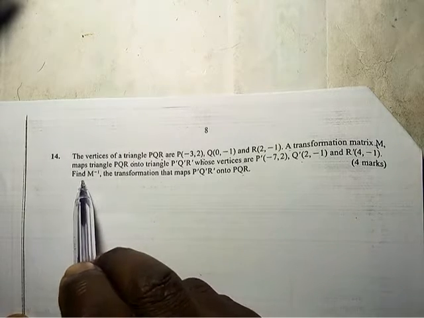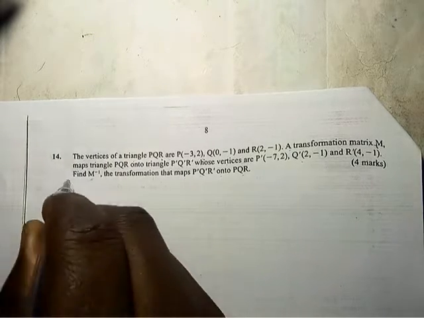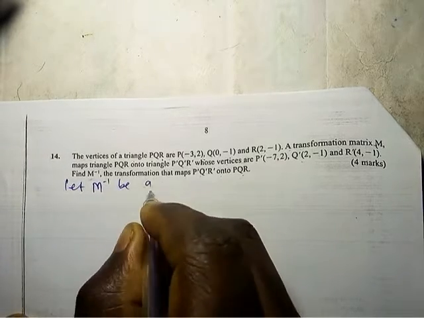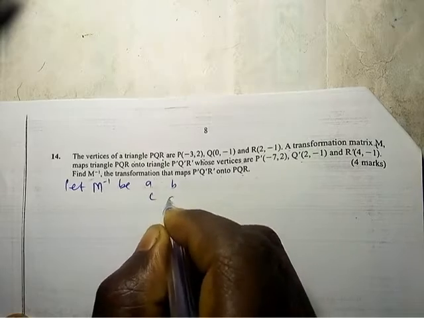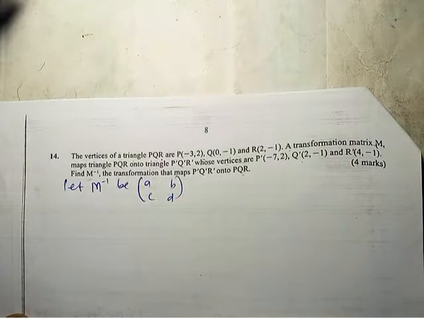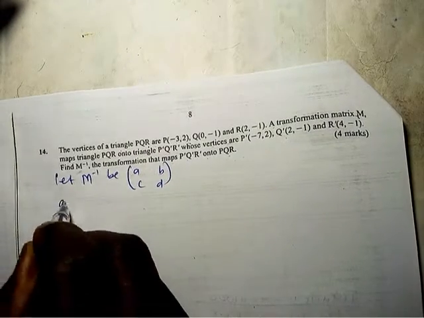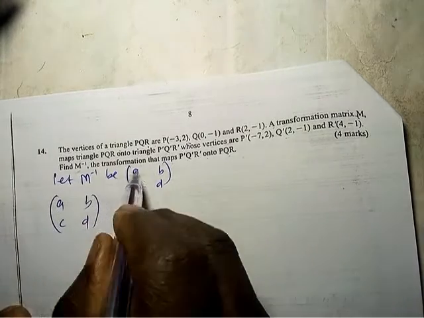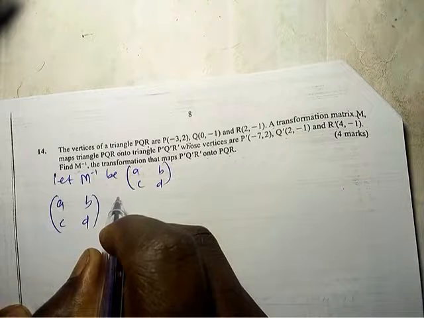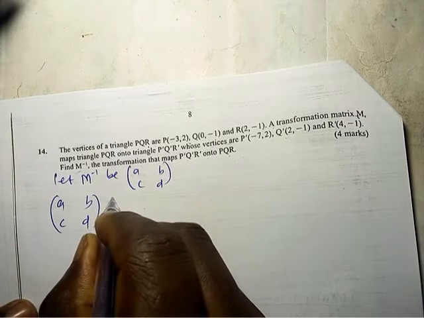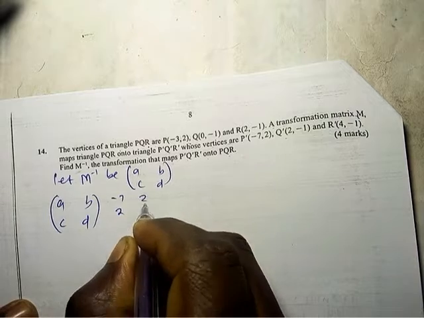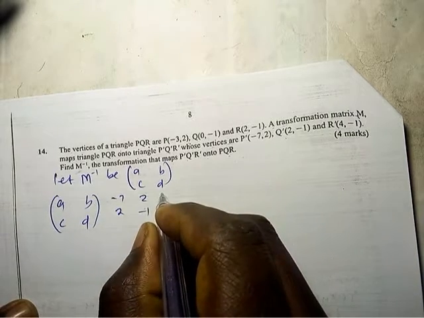So we are looking for an inverse M. So you can say let M inverse be A, B, C, D. That is the matrix. So A, B, C, D times the object image, negative 7, 2, 2, negative 1, 4, negative 1,